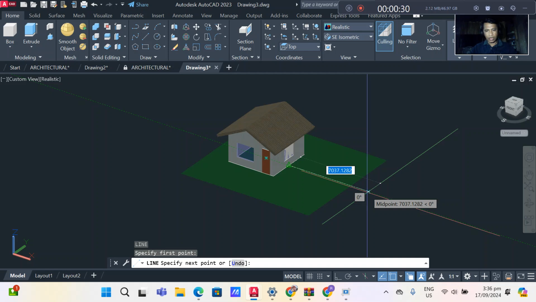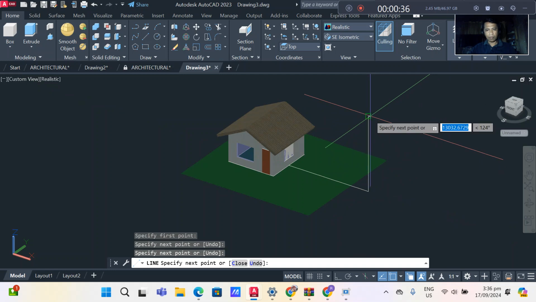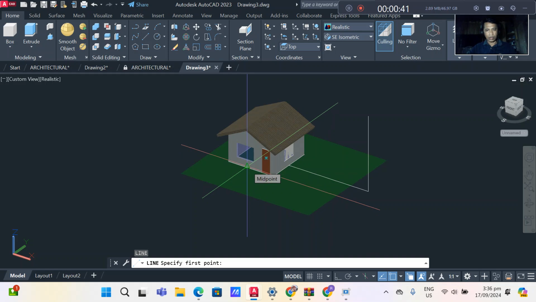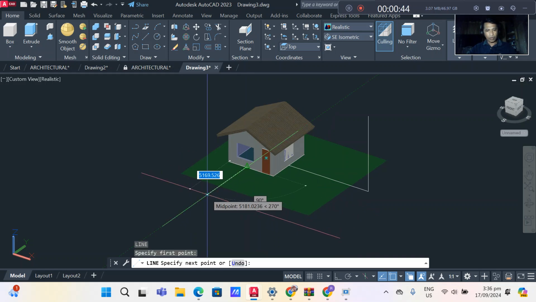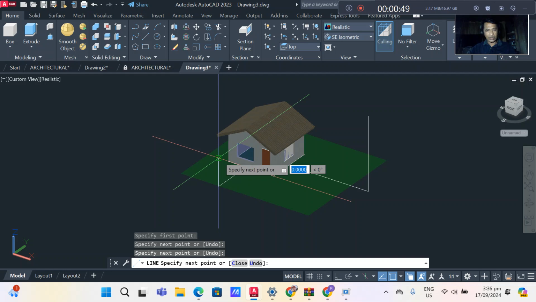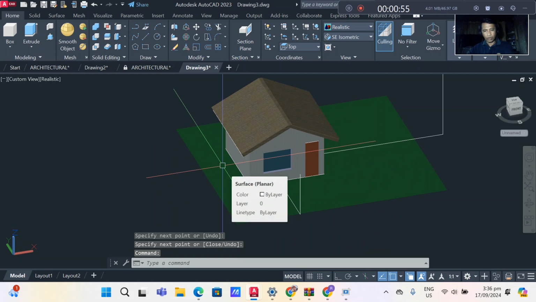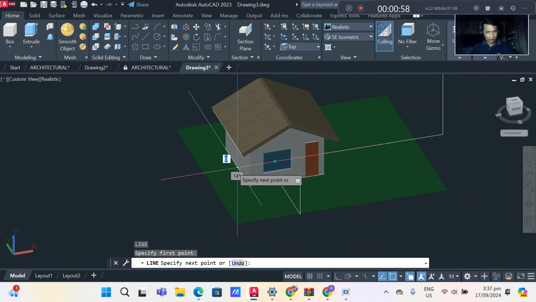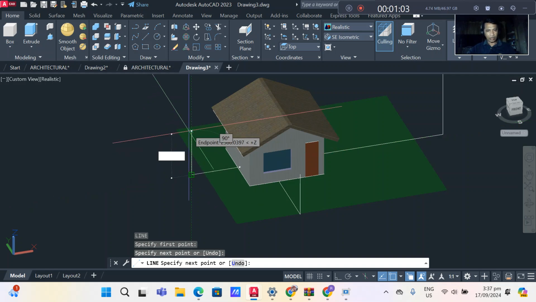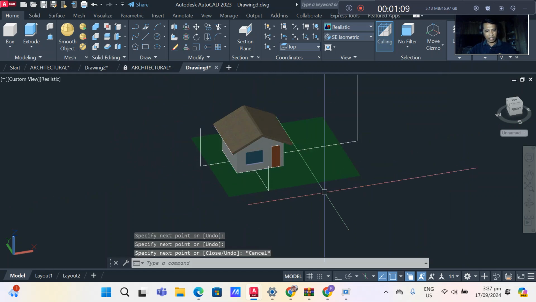You create guides, and the distance will depend upon how far your light should be from the building. So I will create three guides here.